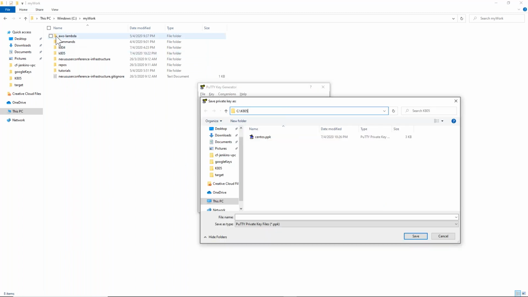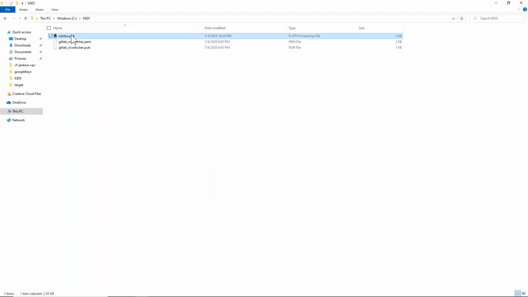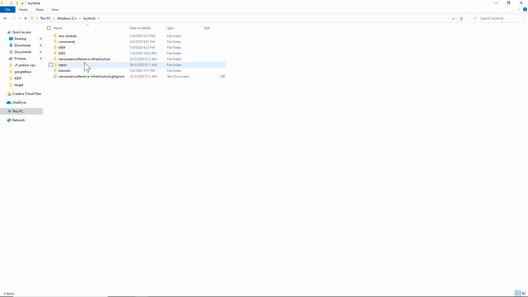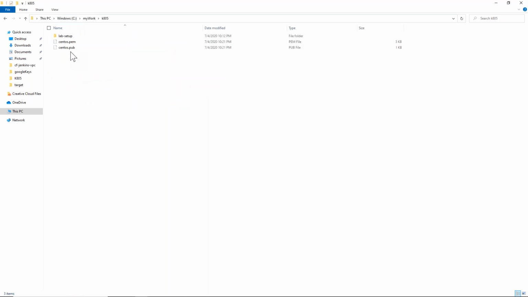Where is it saving? Oh, okay. There are a lot of same folders. So where do we have it? Okay, I'll just remove the other folders.